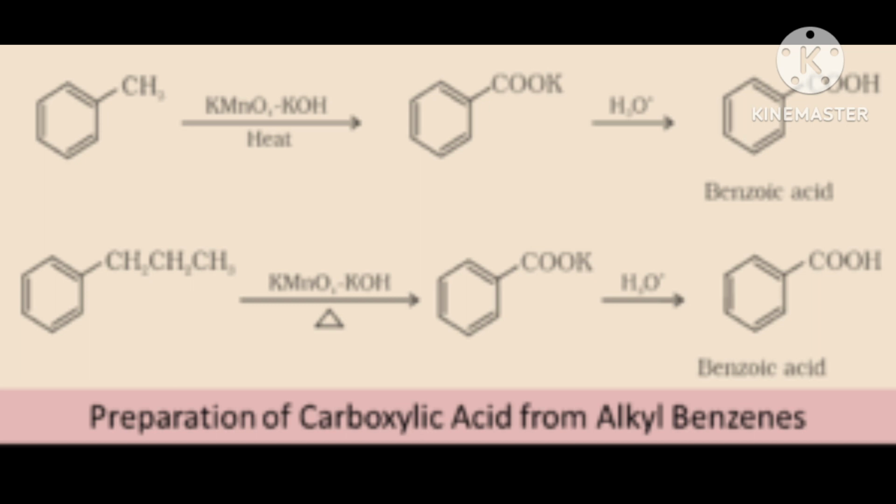If you take acid, directly it will be OH. If you are taking KOH, then in the place of H, K will go, and next after hydrolysis that H will come. K will go as K plus, but H plus can replace. Then it will form